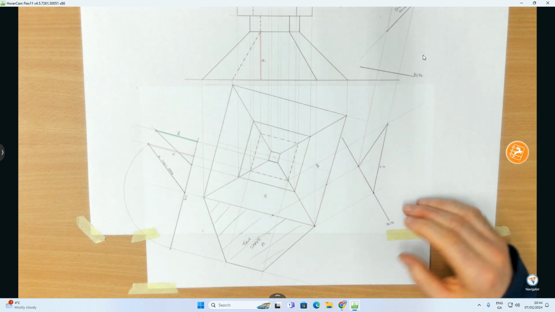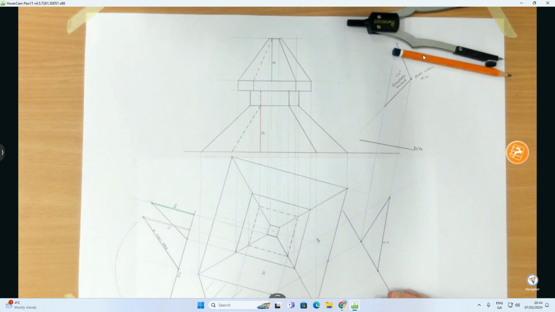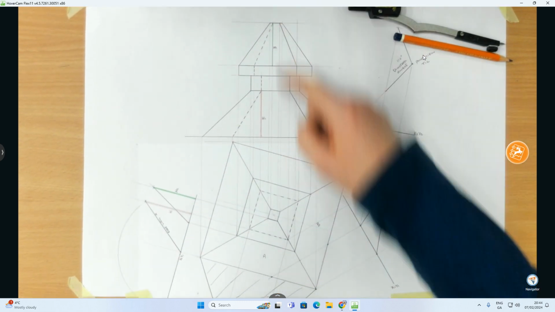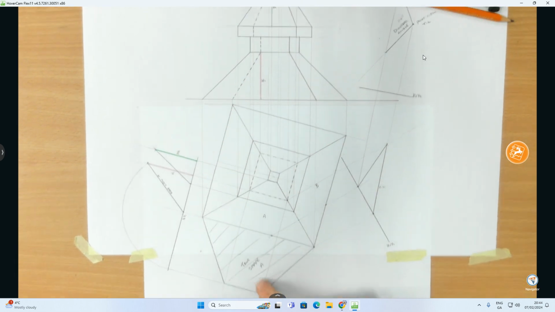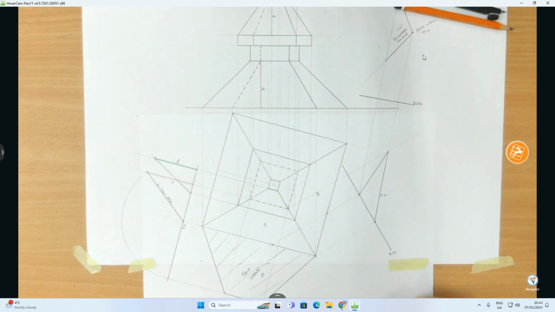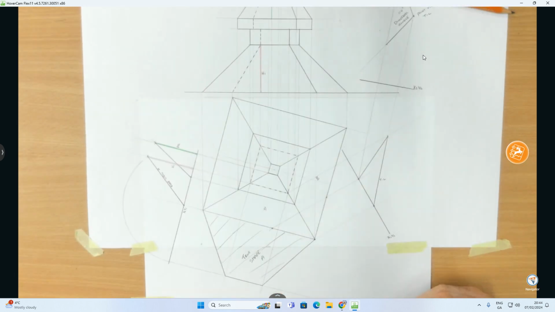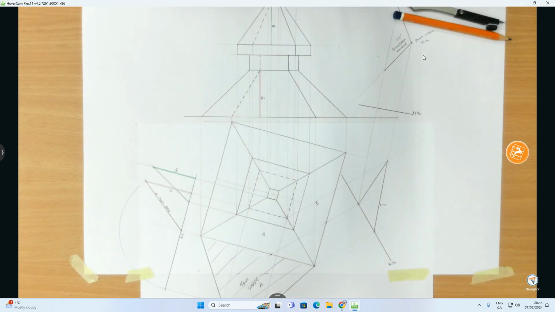As you can see here, I had my sheet set up in a landscape format, a little bit of a gap there at the top, but you can see here, based on the size of the drawing, these questions are designed to be done on an A2 sheet, so on the A3 sheet I just needed a little bit of extra room. Okay, there you go folks, that there was the question